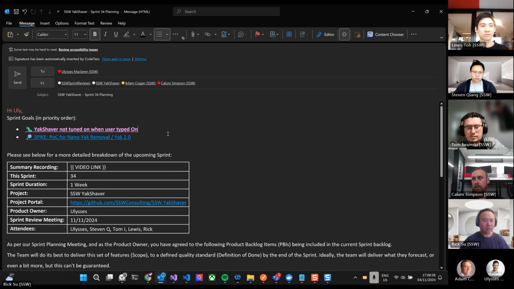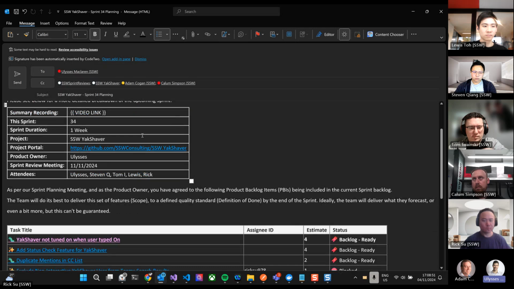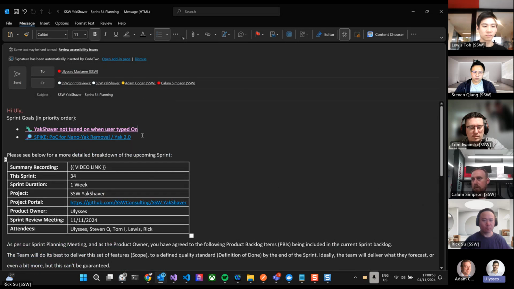Okay, all right. So next sprint, our goal is to fix the bug that the toggle is off when you don't use YakShaver for a long time. This is an annoying bug, and we have prioritized it as the goal in this sprint. Guys, I'm going to rename that bug because it's not really portraying the main pain, which is that it automatically seems to turn itself off after a period of time. So yeah, that's the main pain.